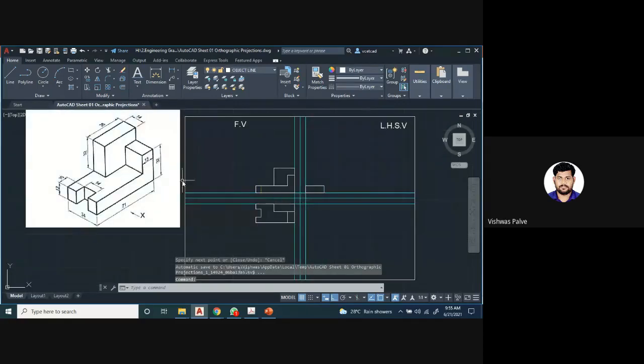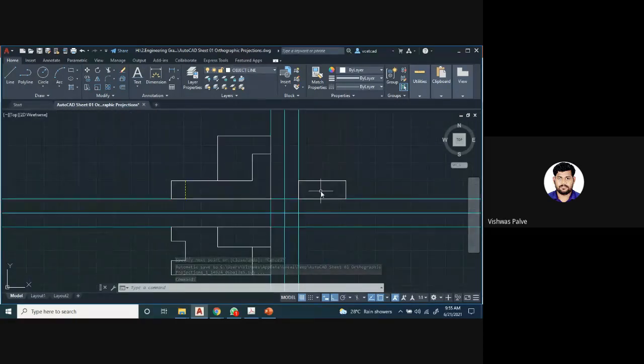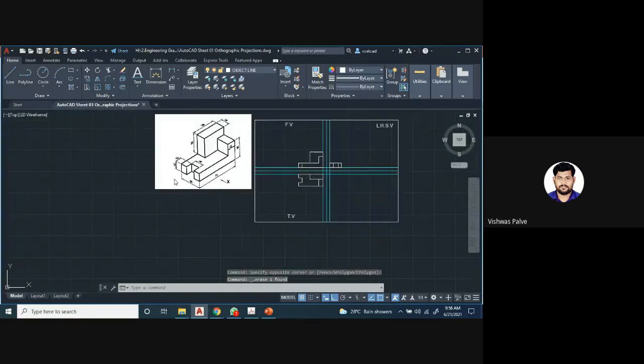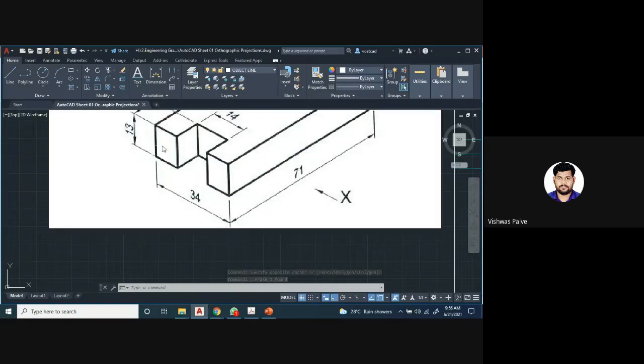Then next, again here we want to draw that slot. So I will take a vertical line. I will use the offset command, O, enter. I will say 7 millimeter, offset on the left side, offset on the right side. I'll delete this line which is not required. Okay. So if I observe it from the left hand side, you will get two small rectangles.